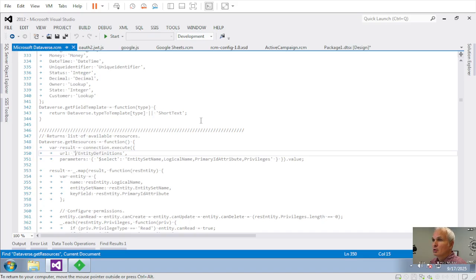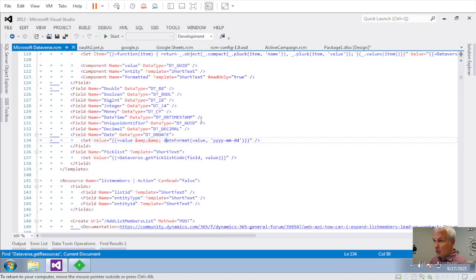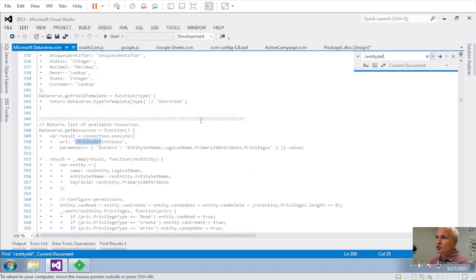So he most probably wants to be able to select a resource which can give you back the entity definitions, meaning the metadata. And from what I'm seeing so far, we don't have access to the entity definitions endpoint at the moment. But this is actually a very good idea to include as a separate resource,